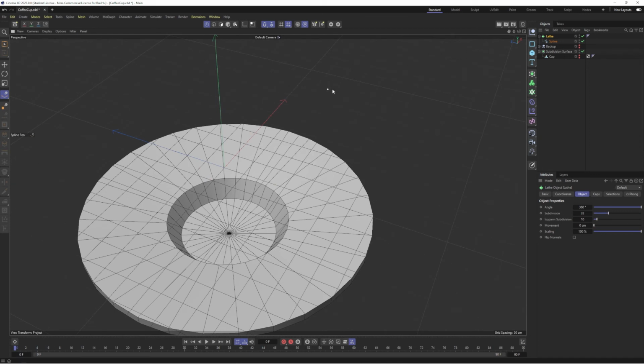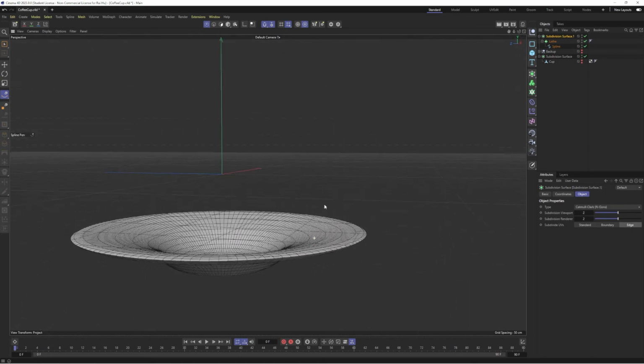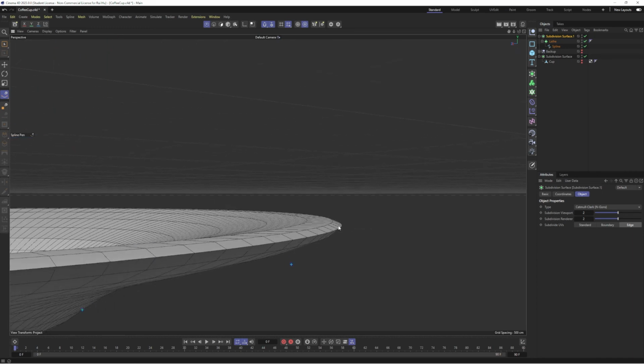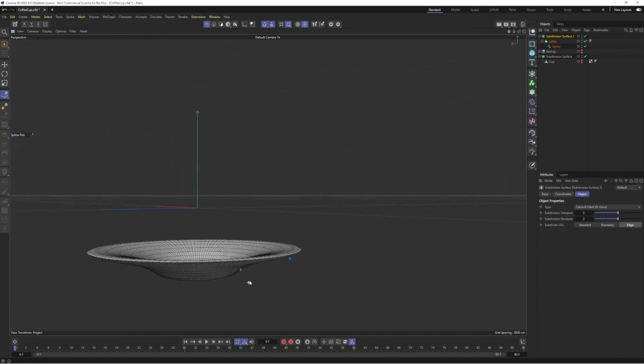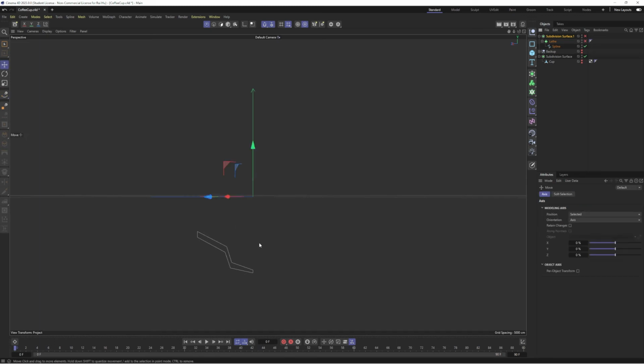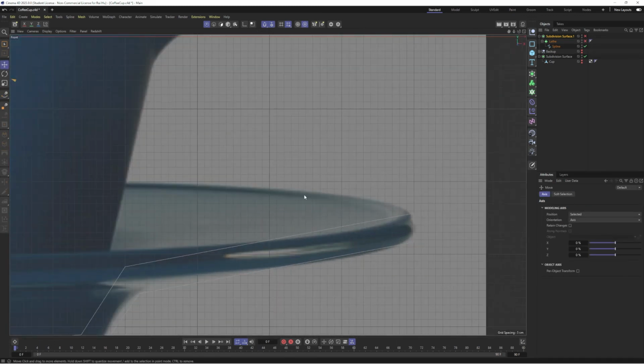And we can also hold down, select the lathe, and hold down Alt again, and then click on the subdivision surface. So we have a smoother shape. But again, we have the issue of a very sharp edge. So let's disable both of these maybe, and let's go back to our front view, and we can